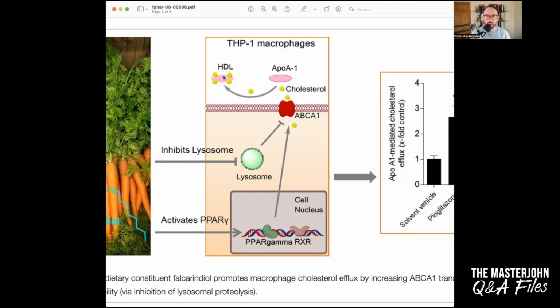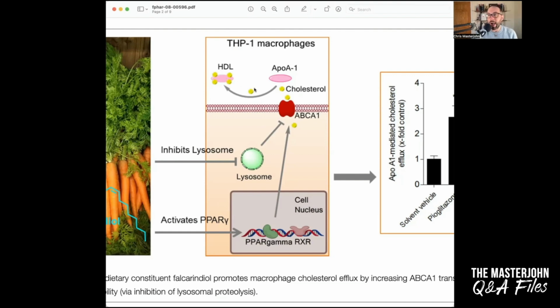And one of the things that they've done with this hypothesis is come up with cholesterol ester transfer protein inhibitors as a means of pharmacologically increasing the HDL cholesterol content. And they haven't worked. So I think it's important to not get caught up in a narrow mechanism like this. Now, it's quite possible that if what this study is saying is true, carrots are more effective than these pharmacological inhibitors because they're not focused on keeping the cholesterol in the HDL. They're just focused on getting it into the HDL in the first place.